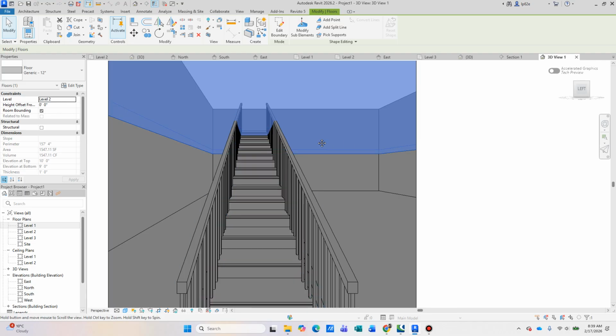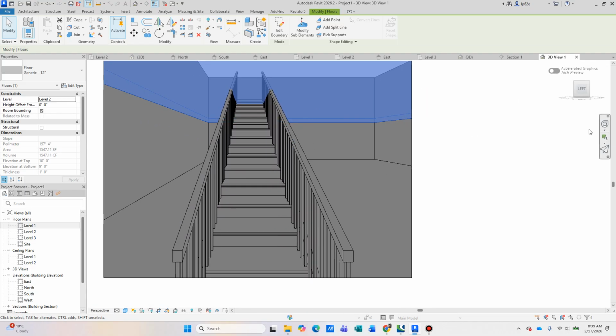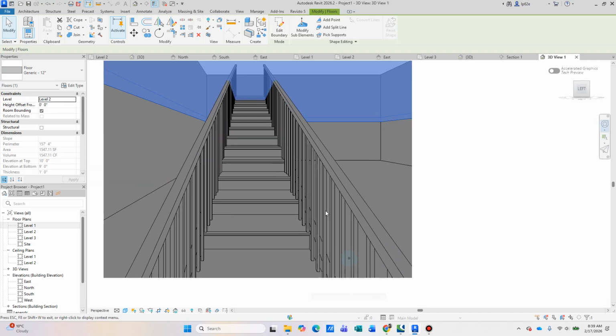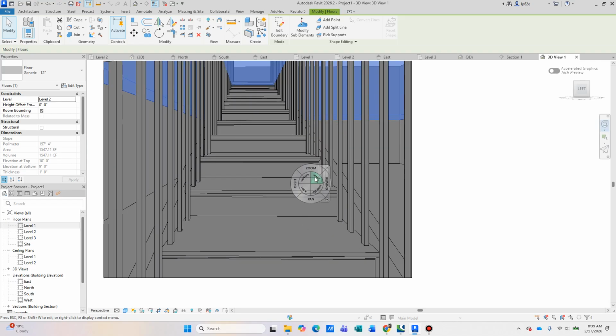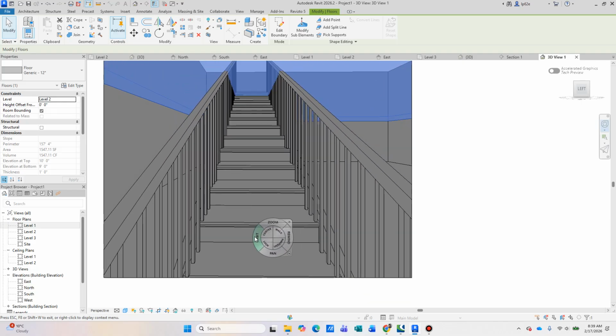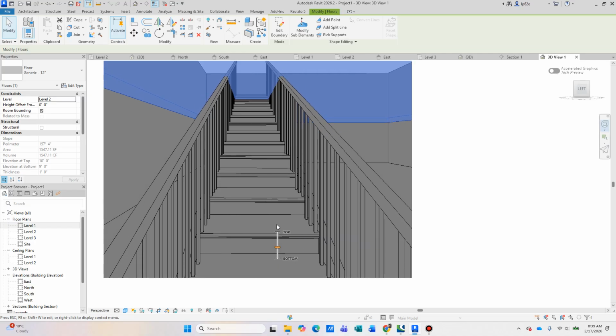There's no opening that lets the user or the occupant go from the first floor to the second floor. You can probably walk through the stairs. Wait, how do I go up or down? There it is. But